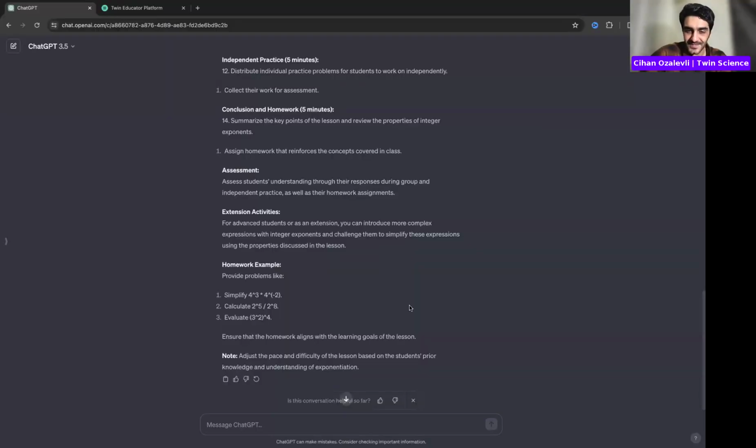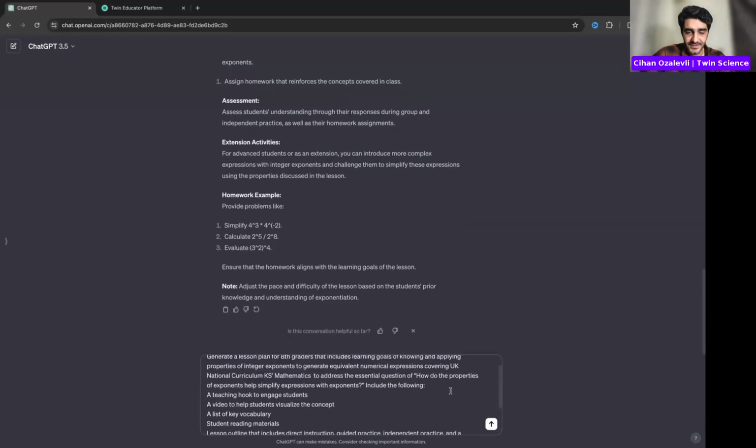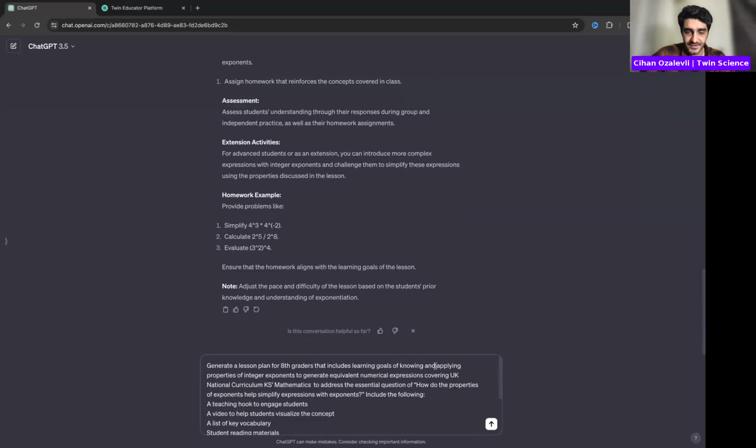So if you want a detailed lesson plan generator, then you have to show this to ChatGPT, and I will copy and paste this time the detailed lesson plan generator, and let's see whatever it will bring. Again, applying properties of integer exponents to generate equivalent numerical expressions.